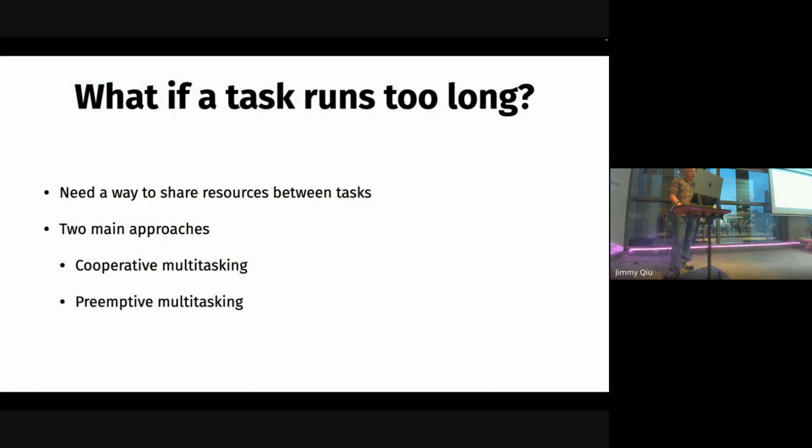So this is kind of what we're looking for. We don't want to kill stuff off. We want a way of saying, if something's going to run too long, how do we mitigate that and make sure the rest of the system can still make forward progress? So we need a way to share the resources. We've got hardware resources between a whole bunch of tasks. We might have arbitrarily many tasks, finite hardware. There's a couple of main approaches to this: cooperative multitasking and preemptive multitasking.